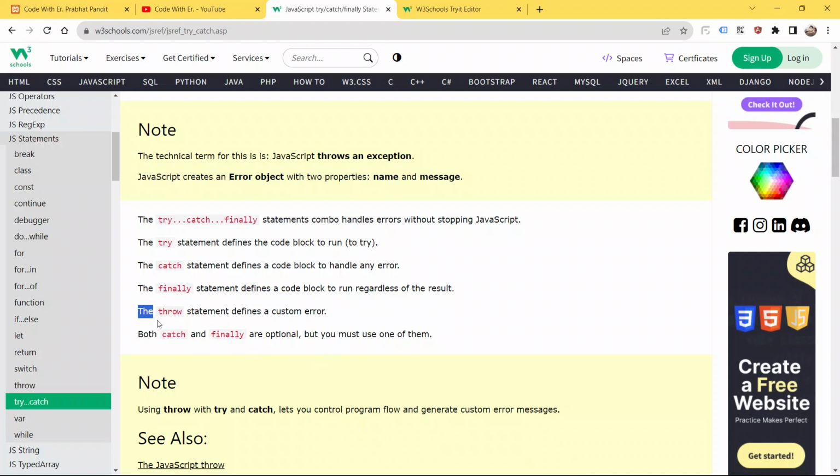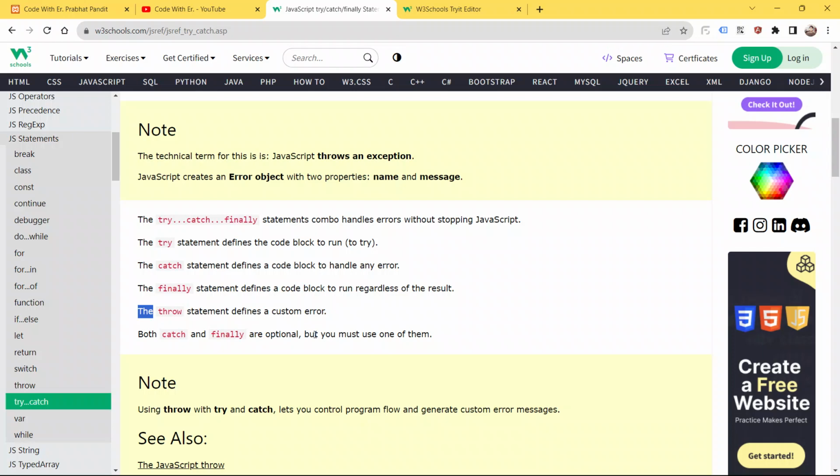Both catch and finally are optional, but you must use one of them to handle your exception smoothly in your code, and you can have your custom error message which you can throw, so that the user is going to handle that error peacefully or easily.